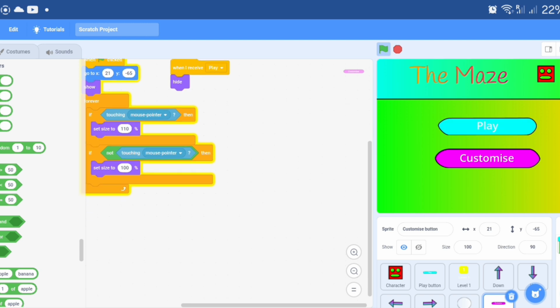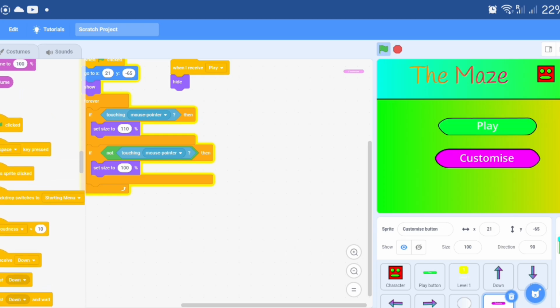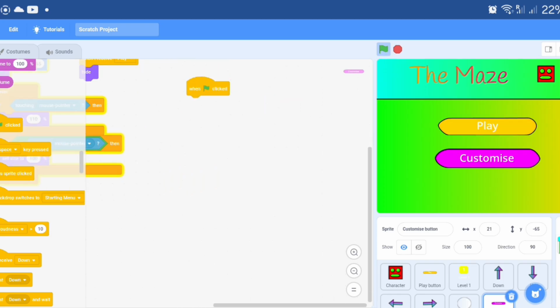Now the next thing we're gonna do is to get when flag clicked also. Then we're gonna grab